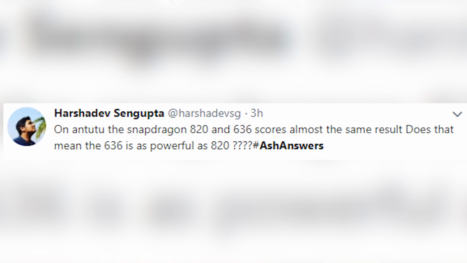On Antutu, the Snapdragon 820 and 636 score almost the same. Does that mean the 636 is as powerful as the 820? CPU wise, it might get close. GPU wise, not a chance. Yeah, when I reviewed the Mi Note 3, I had told you guys that the 660 is almost